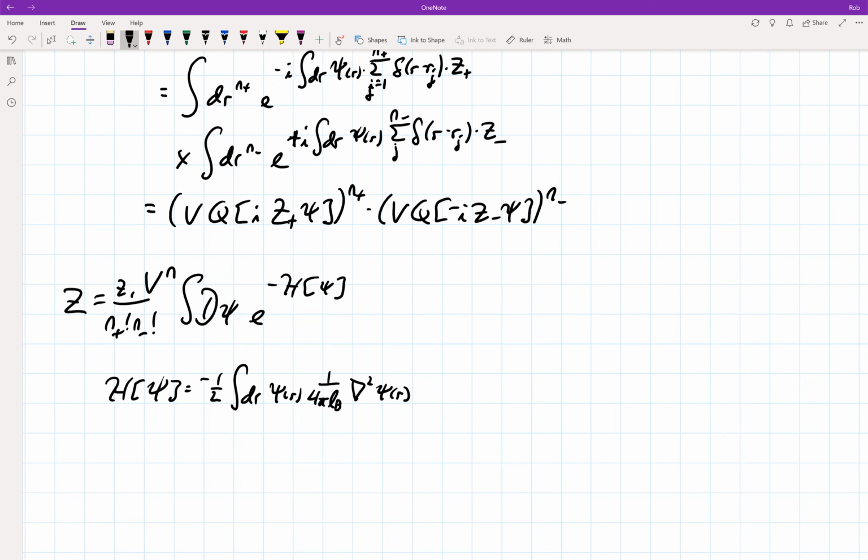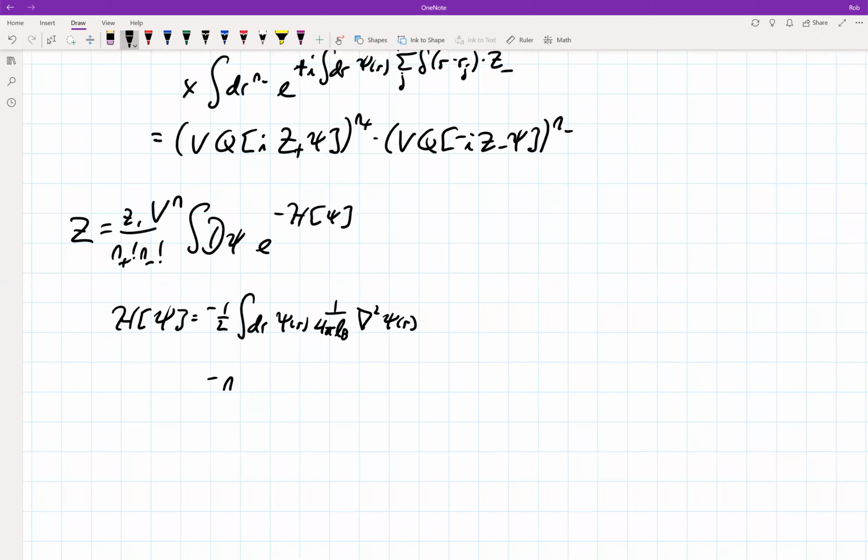Psi of r, then minus n plus log q I z plus psi minus n minus log q minus iz minus psi. All right, we have our statistical field theory. I guess one side note that I can talk us through is that